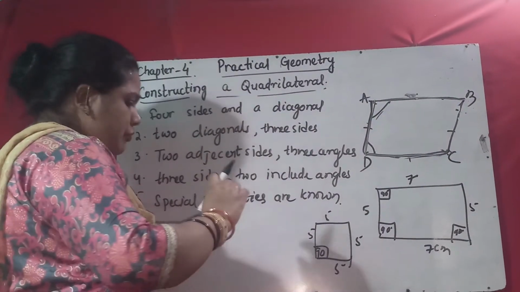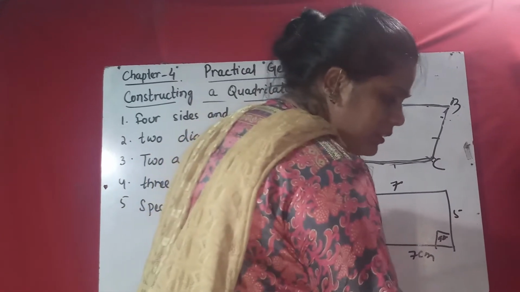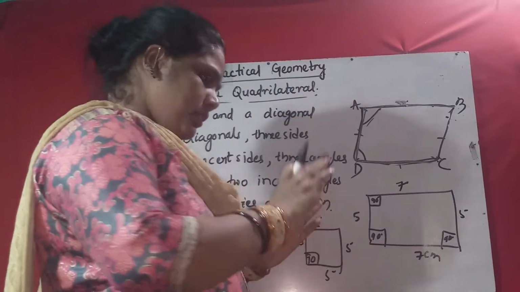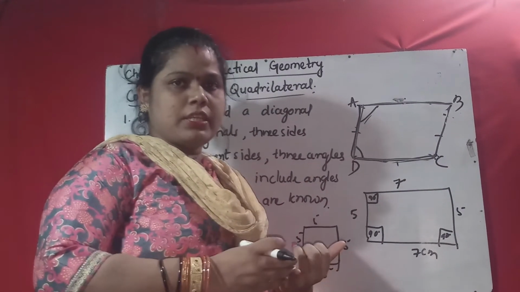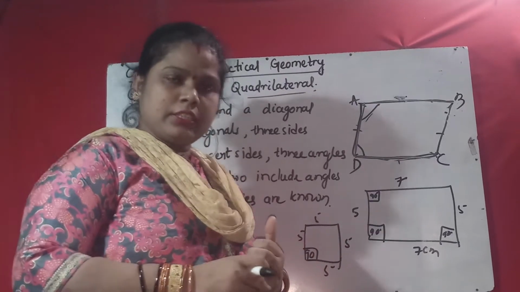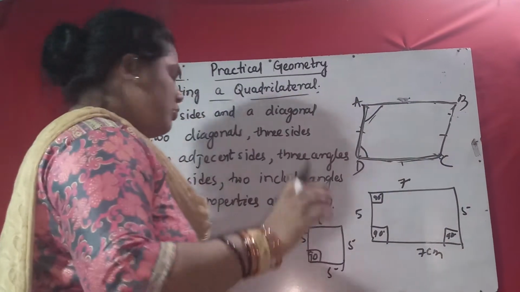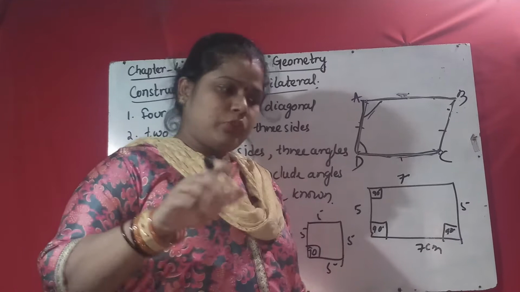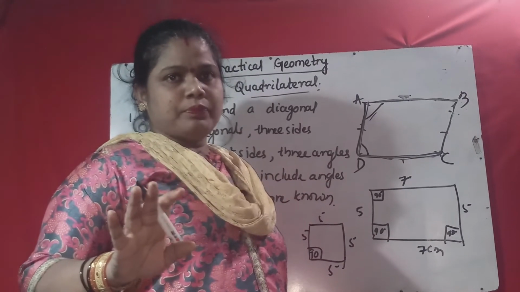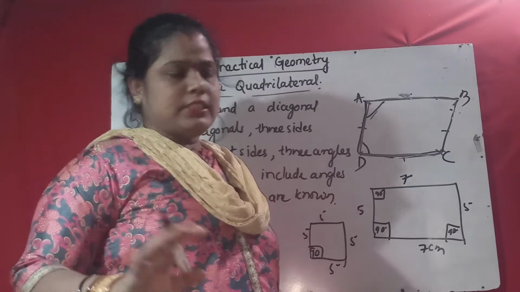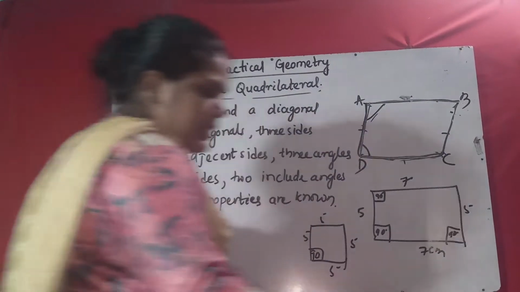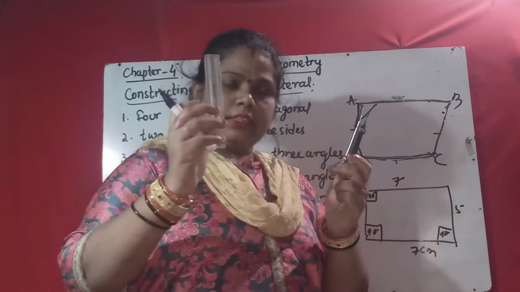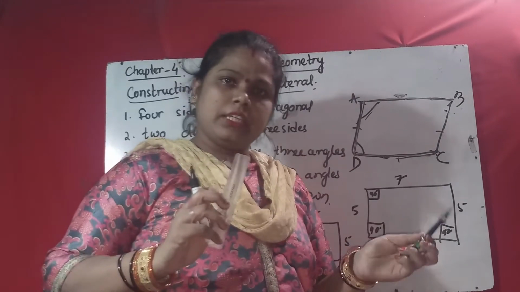So for construction, what do we need? We need a minimum of a compass. You know the things: a set square, 2 set squares, 1 protractor, 1 rounder, 1 divider, but 1 scale. But to construct, you only need a rounder and a scale. That is sufficient. No protractor, no set square is needed here. By using these two, the compass and the scale, we can construct any figure.